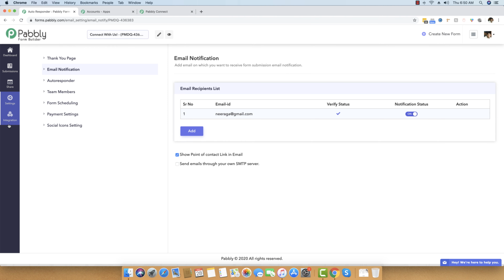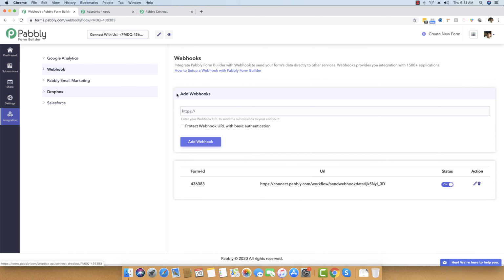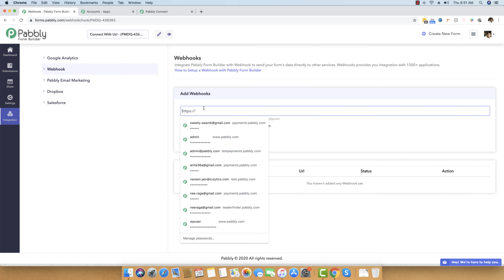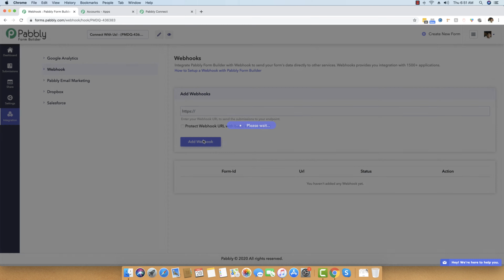Once I move into the settings, I will be just clicking on the integrations option right here, and inside this option you will see webhook right here. So I will be just clicking on webhook, and you can see there is already one webhook, so I will be just deleting this webhook, and I will be adding this new webhook right here, and I will be just clicking on the add webhook button.